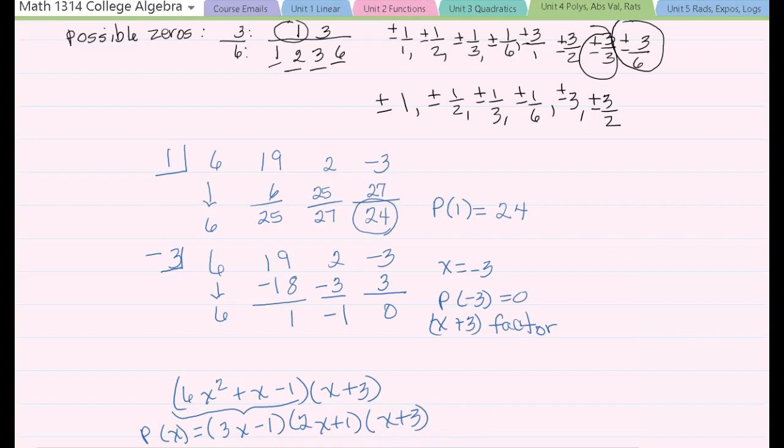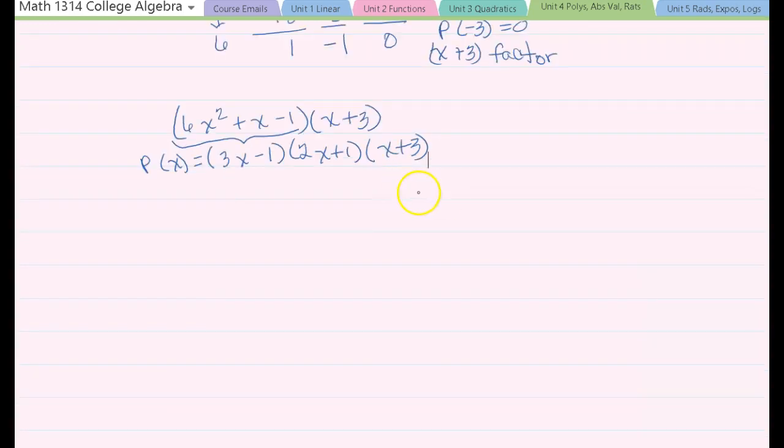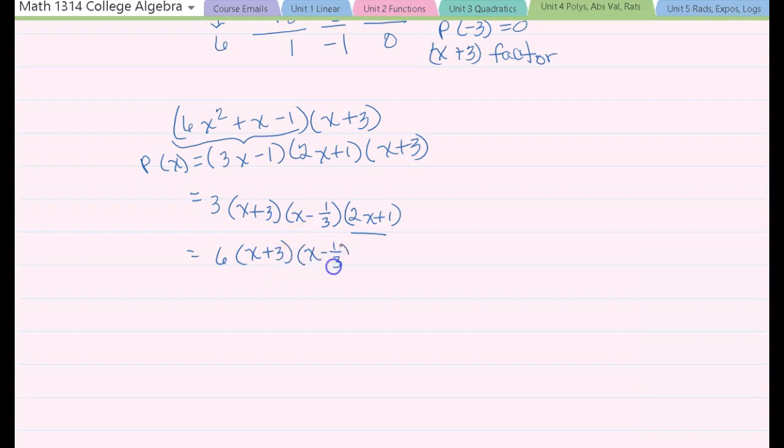If we want to find the zeros, we can divide and multiply by 3 in this fashion, so that we get 3 times x plus 3 times x minus 1/3 times x times 2x plus 1. And we do the same for the last parentheses so that we get 6, from the 2 times 3, times x plus 3 times x minus 1/3 times x plus 1/2. This is the intercept form of our polynomial, because if we set our polynomial equal to 0, we can see